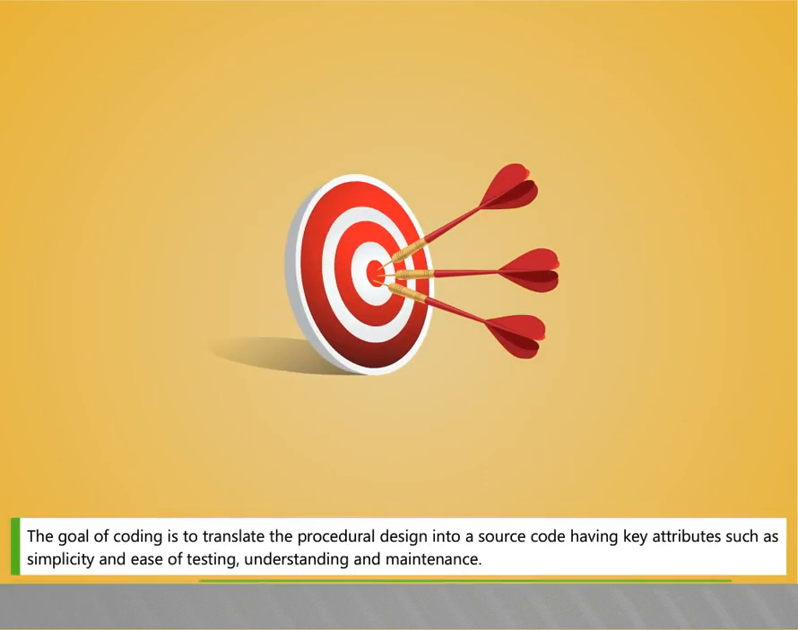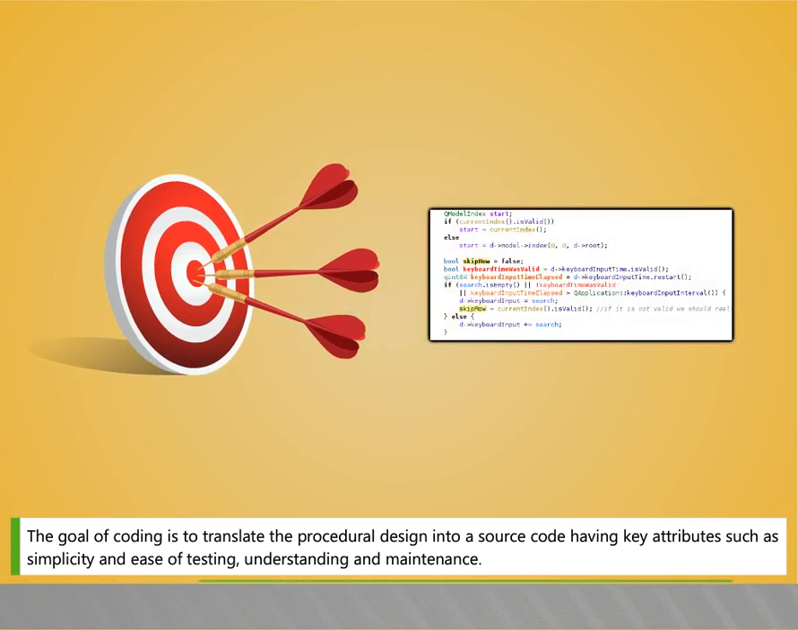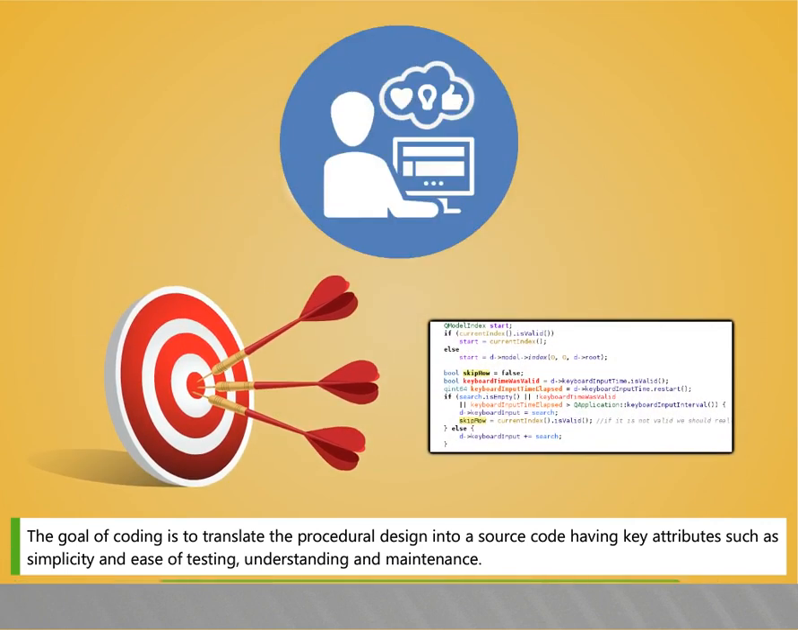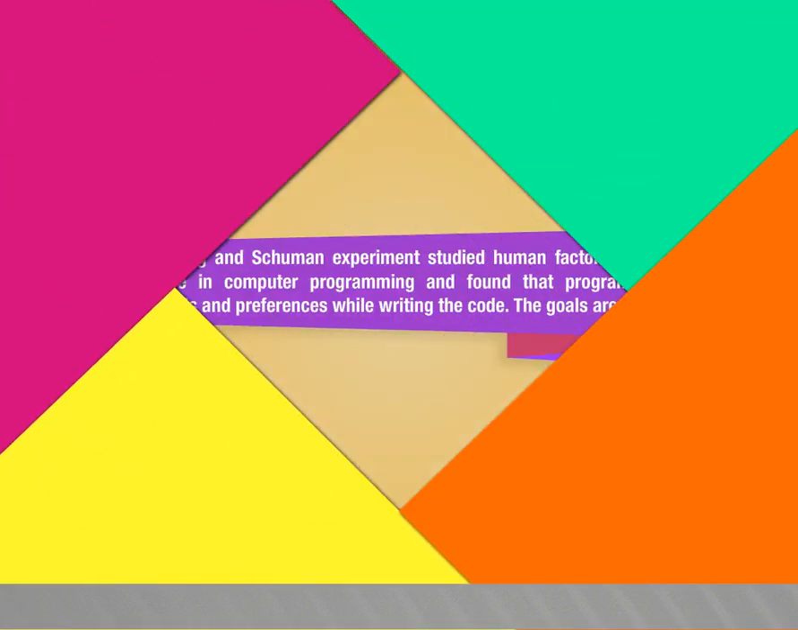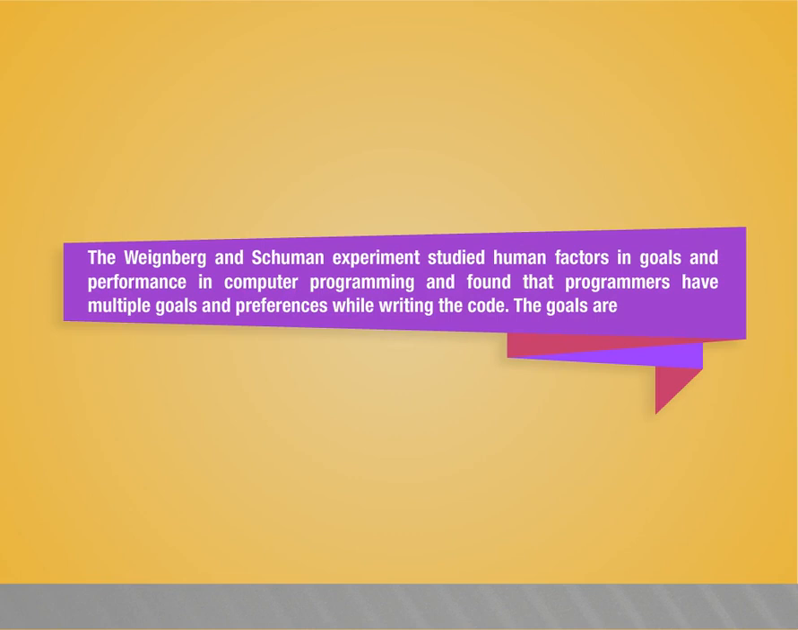The goal of coding is to translate the procedural design into a source code having key attributes such as simplicity and ease of testing, understanding, and maintenance. The Weinberg and Schumann experiment studied human factors in goals and performance in computer programming and found that programmers have multiple goals and preferences while writing the code. The goals are: